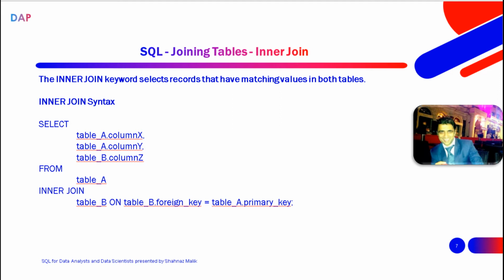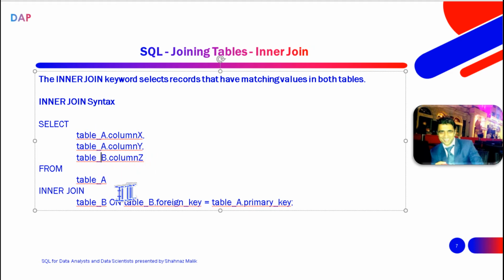Now let's come to the inner join keyword, which selects records that have matching values in both tables. And this is the syntax. You select from one table some column, maybe column X, and from the same table you can take another column, and from a different table. For example, this could be the persons table, and this could be the orders table. Now table B could be orders, table A could be persons, and then we can take different columns from